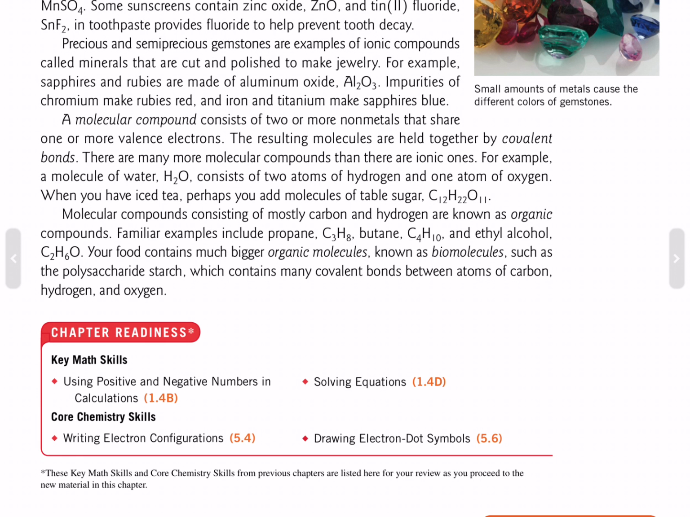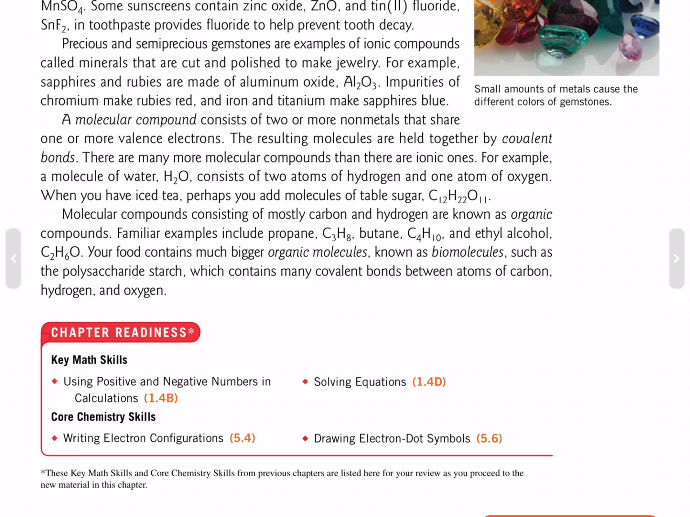A molecular compound consists of two or more nonmetals that share one or more valence electrons. The resulting molecules are held together by covalent bonds. There are many more molecular compounds than ionic ones. For example, a molecule of water, H2O, consists of two atoms of hydrogen and one atom of oxygen. When you have iced tea, perhaps you add molecules of table sugar,